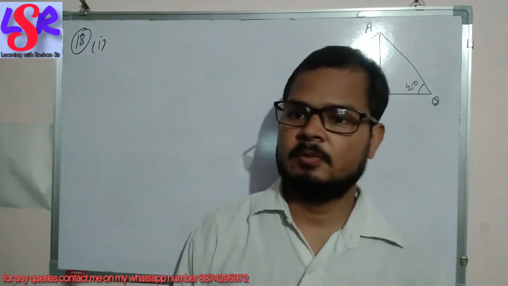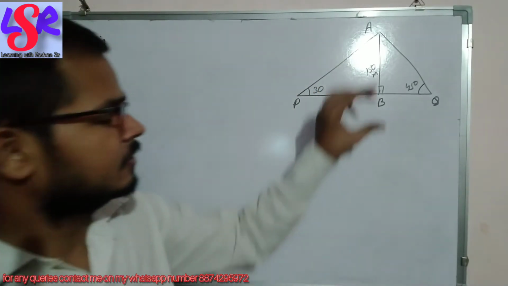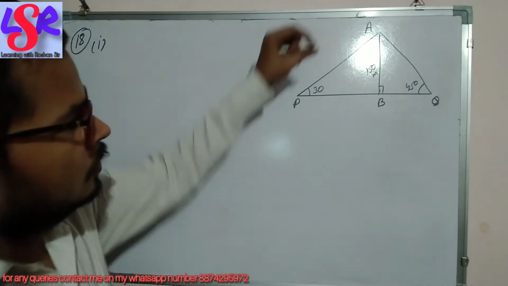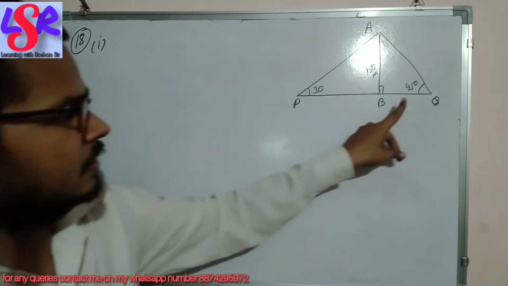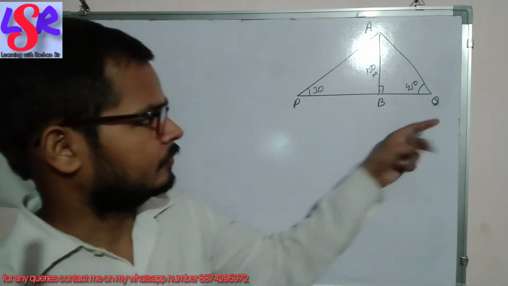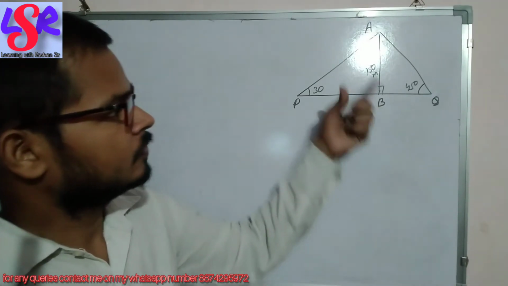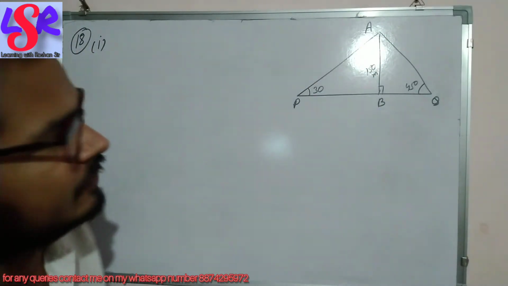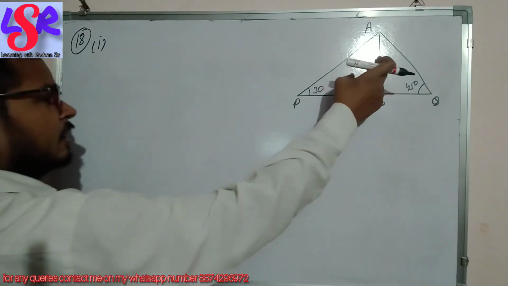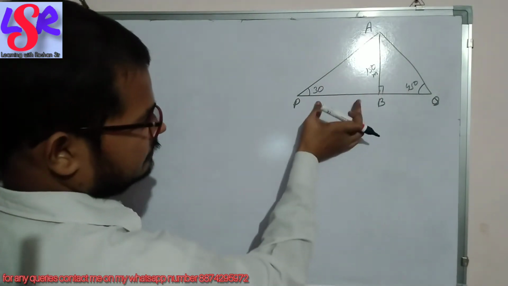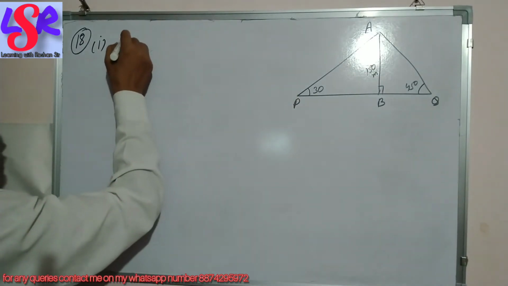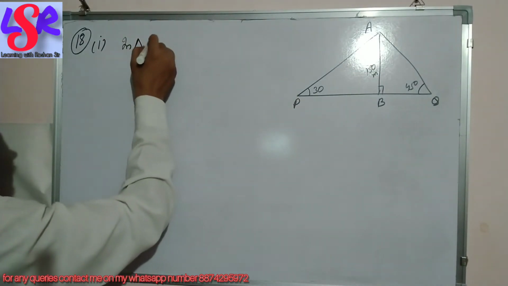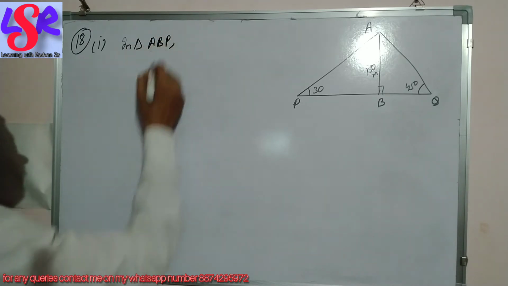Now we are having question number 18, and in this question number 18 we are having this figure in which two triangles are there. One is having a 30-degree over here and the other one is having 45-degree over here. We have to find the value of PQ and AB is being given to us as 150 meter. So first of all we will come to this triangle and with the help of this triangle we will find the value of this base for this theta, and here we will apply tan theta.